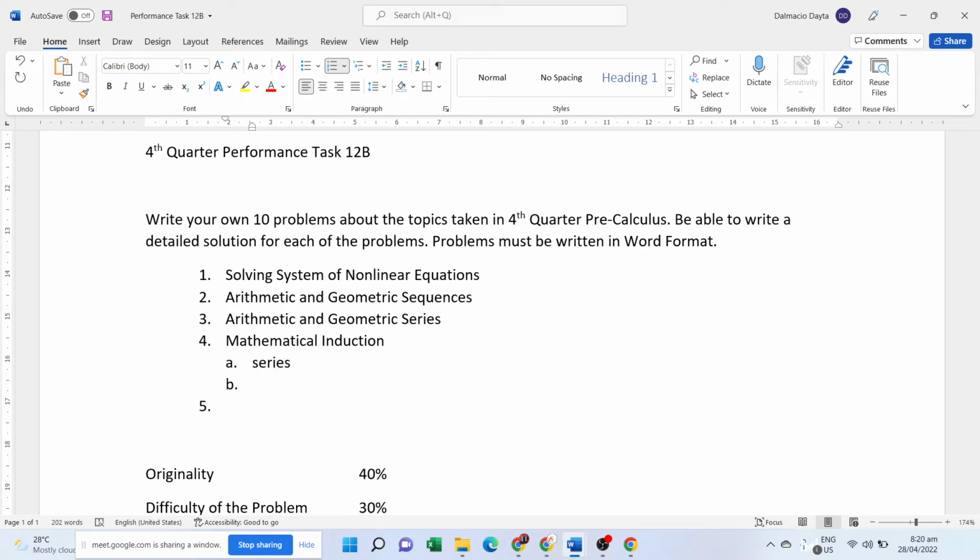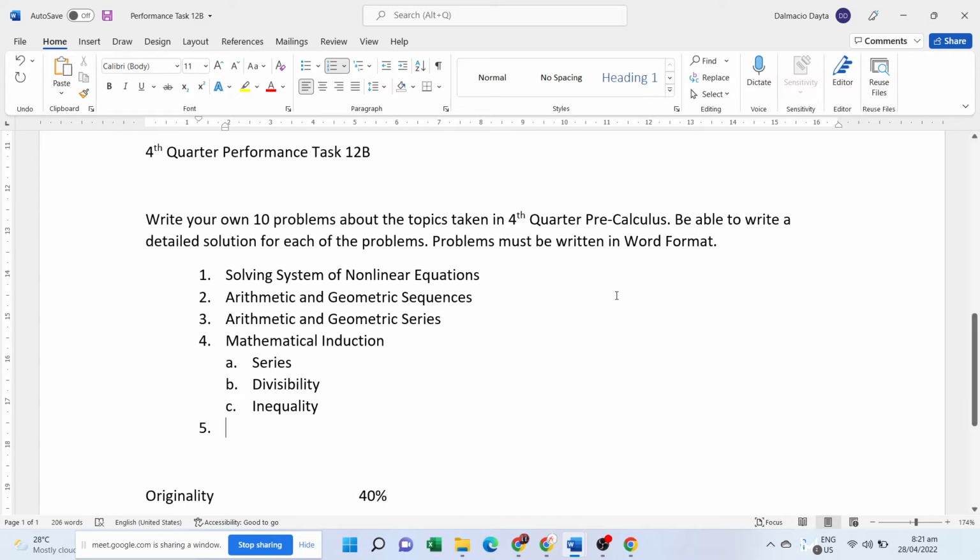Just the first one, because the discussion for the first one will explain a big part of the next two. Mathematical induction applied in series, divisibility, and also inequality. And then, after mathematical induction, we'll have binomial theorem. And after binomial theorem, we'll have